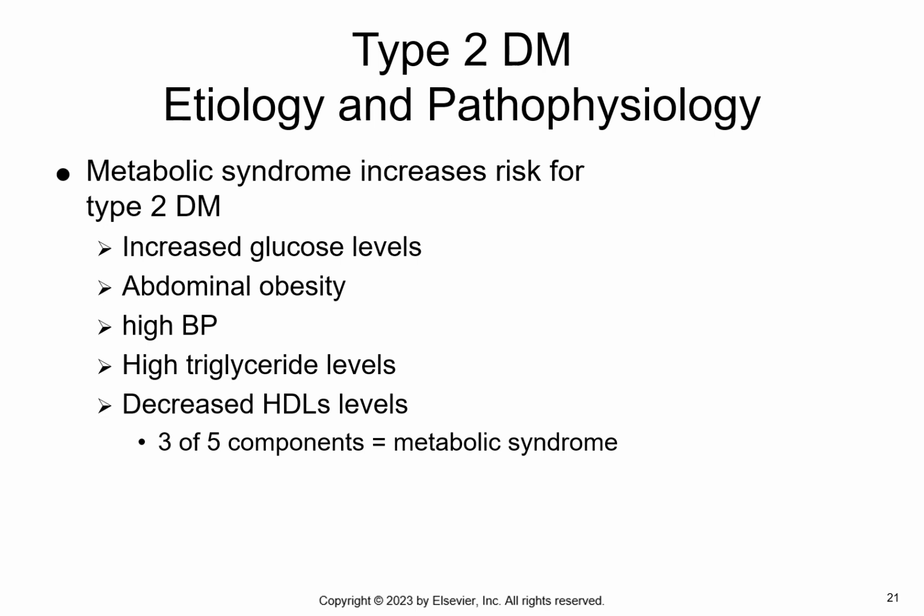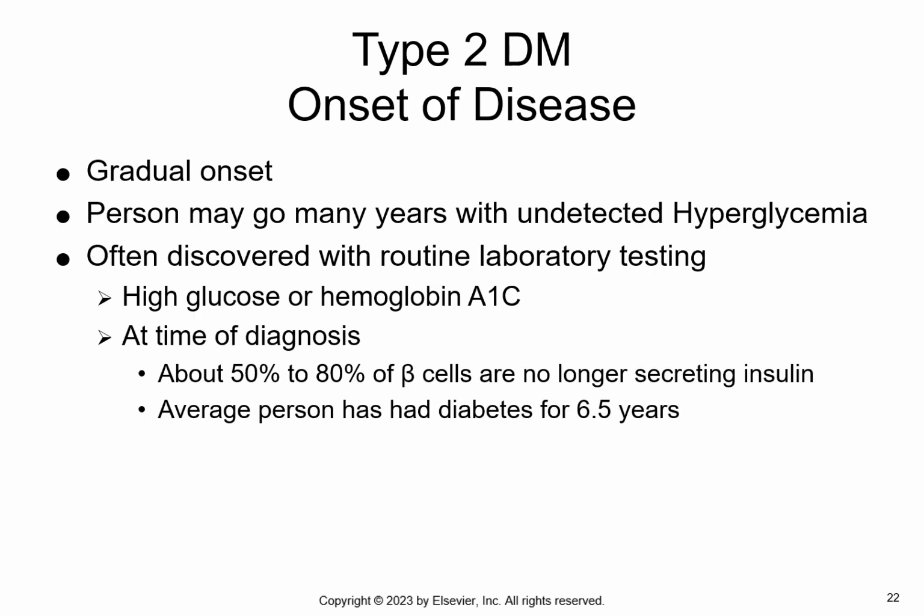Onset of the disease. The disease onset in type 2 is usually gradual. The person may go for many years with undetected hyperglycemia and few, if any, symptoms. Many people are diagnosed in routine laboratory testing when they undergo treatment for other conditions or they have high glucose or